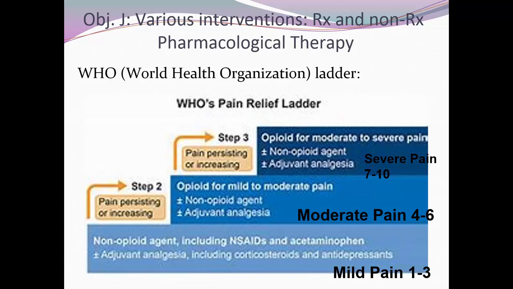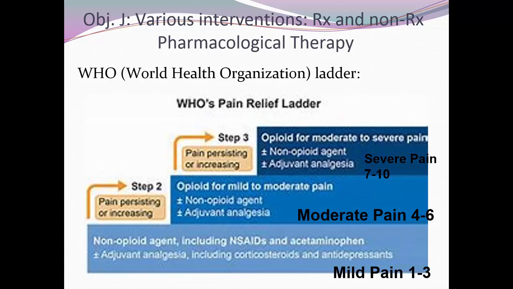The second line treatment for moderate pain, usually like a 4 to a 6, is going to be a weak opioid prescription like tramadol or Vicodin. And then the third line of treatment for severe pain, which is like a 7 to a 10, is going to be a strong opioid like morphine or fentanyl. Proceeding with the WHO pain ladder helps prevent potential narcotic dependence and abuse, as well as serious side effects like